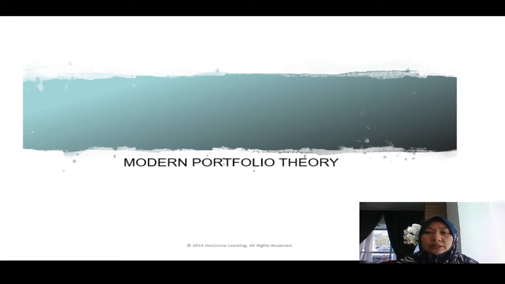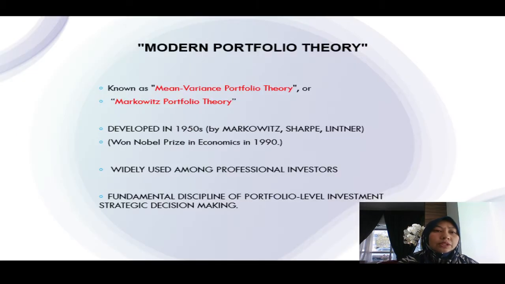What is actually modern portfolio theory? Modern portfolio theory is also known as mean variance portfolio theory. The word portfolio actually represents a group of investment instruments. What we want to do is work with a basket or a list of investment instruments. Based on Markowitz portfolio theory, which was developed in the 1950s by Markowitz,